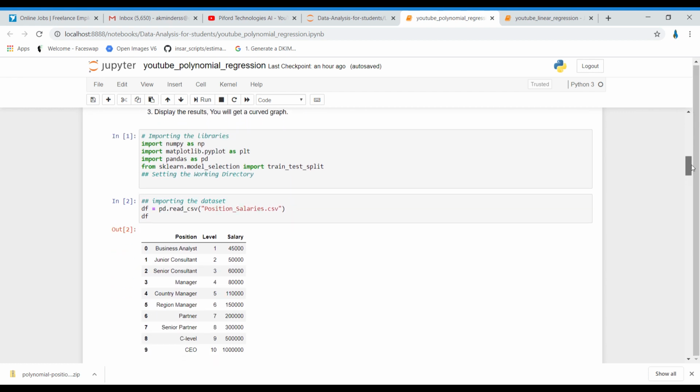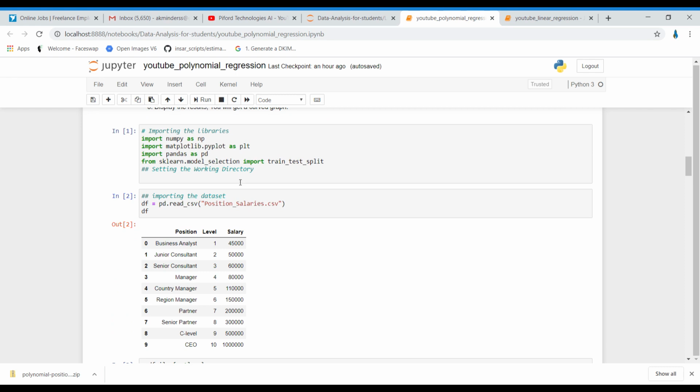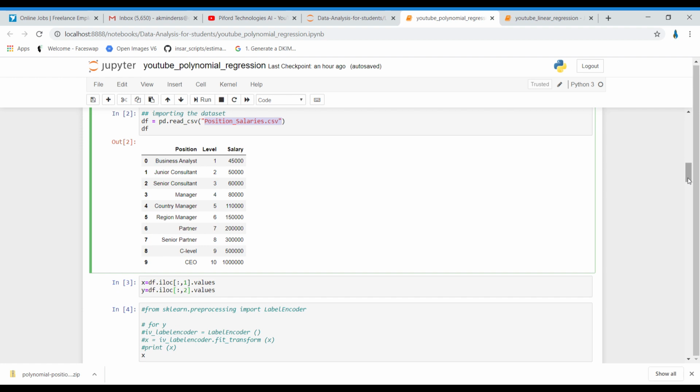So I have imported all the required modules, and this is the dataset on which I'm working. This dataset has 3 columns, but actually these are 2 columns only. The position column is in the form of alphabets, right? And we know that our algorithm doesn't understand alphabets, so we need to convert it into numbers. And how did we convert them into numbers?